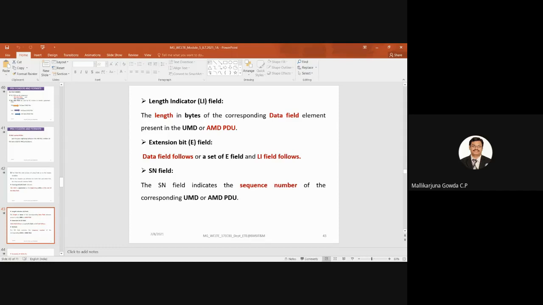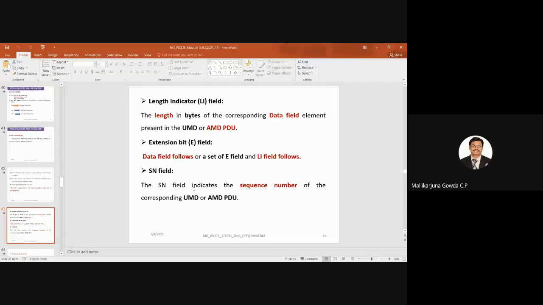Then the next one is the extension bit field. We say E field. It indicates whether the data field follows or a set of extension bit field and LI, meaning length indicator field, follows. Next is the SN field. So FI field, then length indicator field, then extension bit field, then SN field.